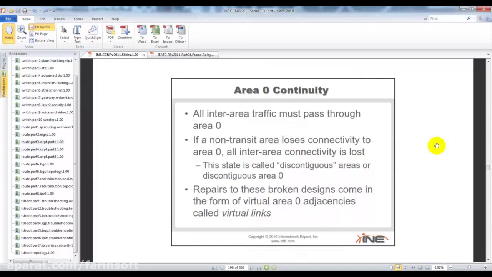Area 0 continuity. All inter-area traffic must pass through Area 0. If a non-transit area loses connectivity to Area 0, all inter-area connectivity is lost. This state is called a discontiguous Area 0, meaning you don't have a direct connection back to Area 0. Repairs to these broken designs come in the form of virtual Area 0 adjacencies called virtual links. It is a tunnel